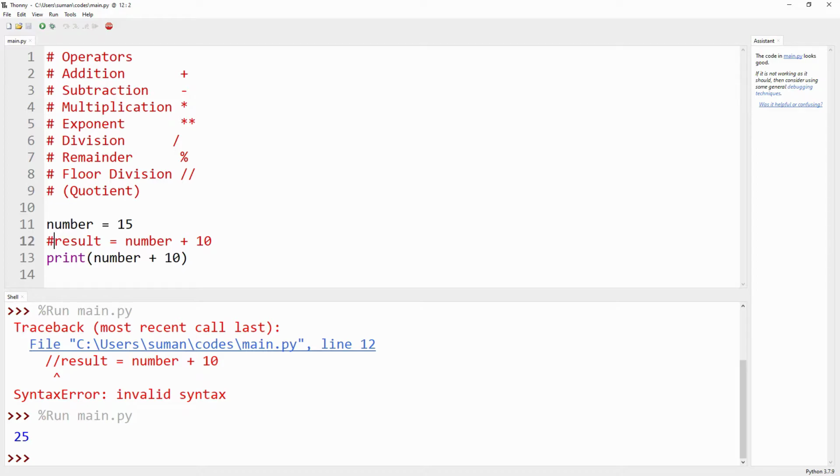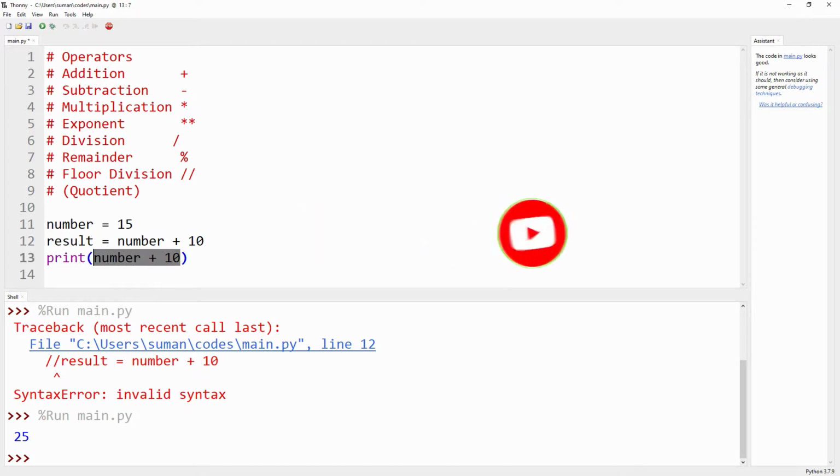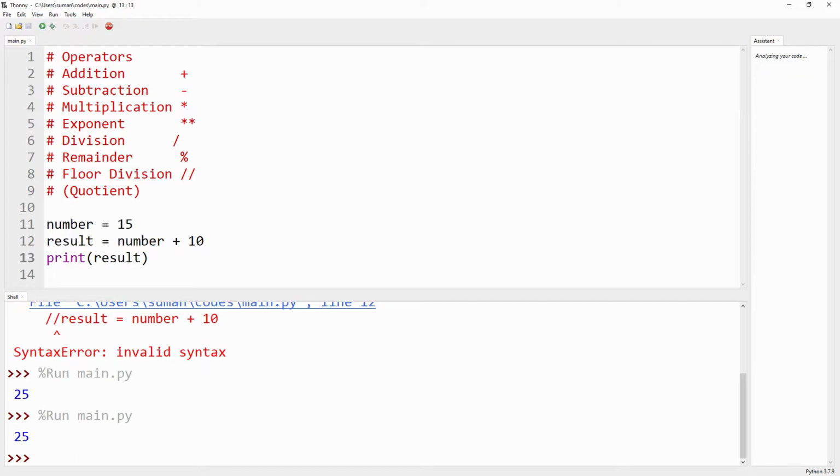So we revert back to the program once again. We delete the comment line and give the variable name here, and once again if we run the code, we get 25.